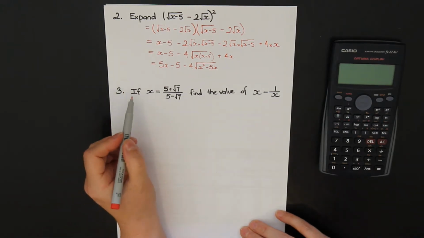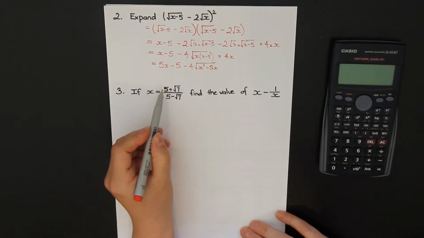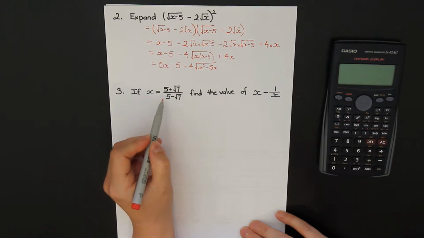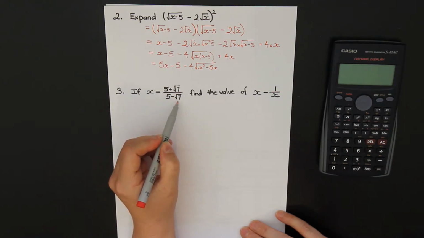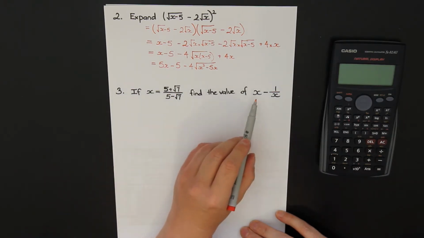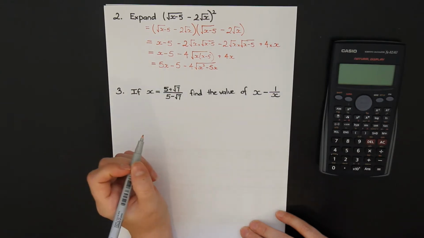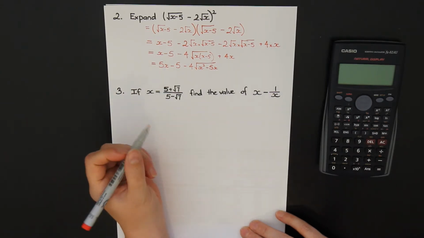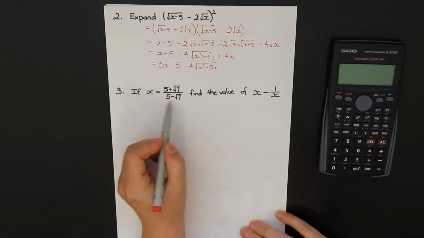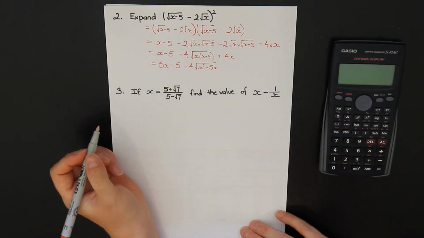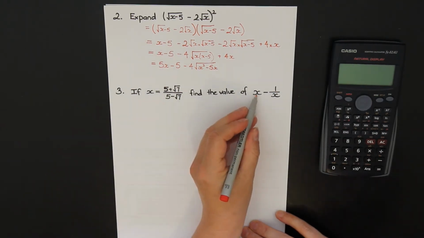Alright, next question. If x is equal to 5 plus square root of 7 over 5 minus square root of 7, find the value of x minus 1 over x. Okay, this is a substitution question. We want to put this in for x. So I have x